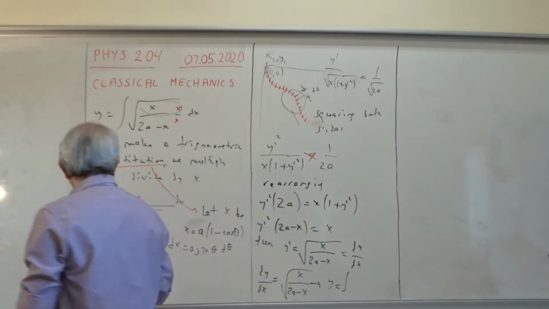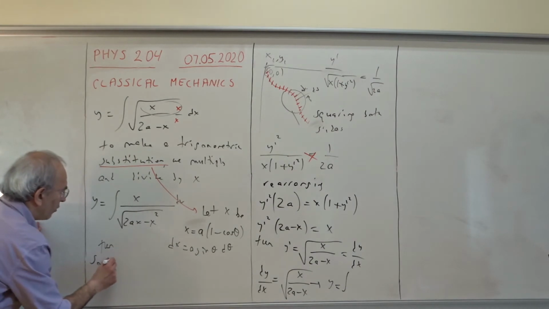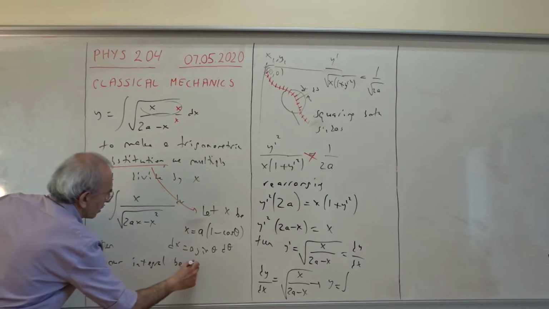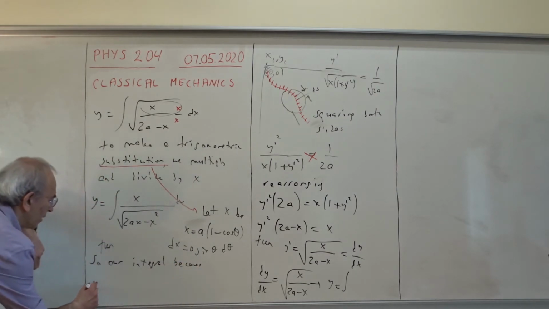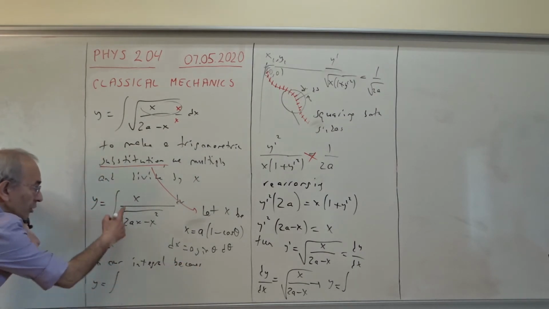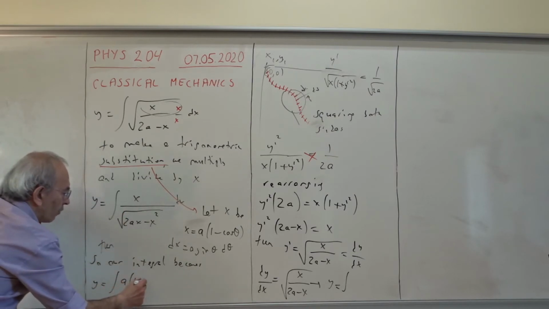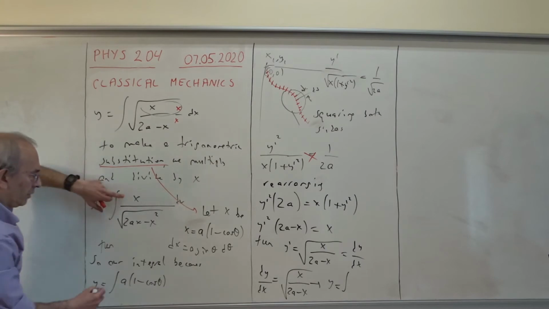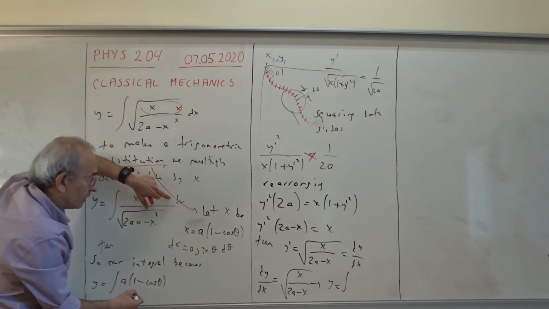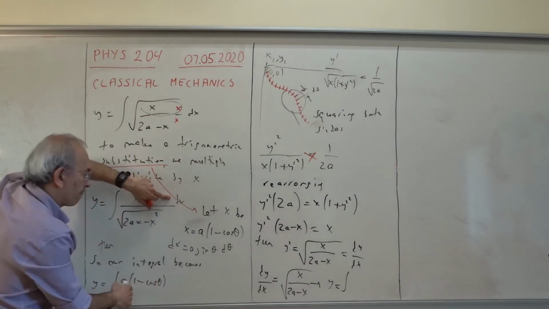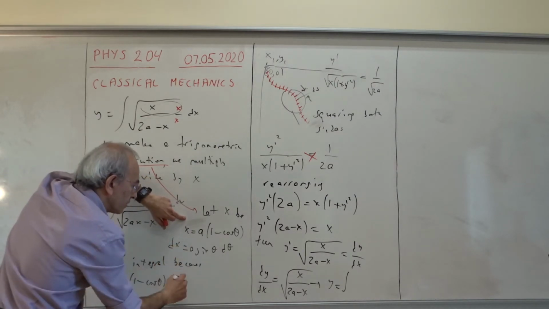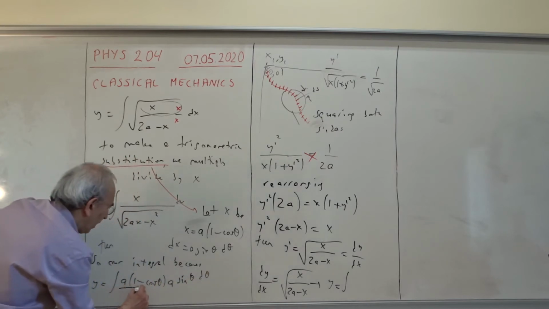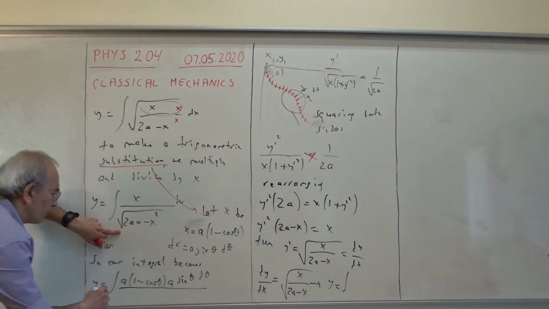Then our integral becomes, instead of x we write a times 1 minus cosine theta. Instead of dx, we write another a times sine theta d theta divided by, inside we have